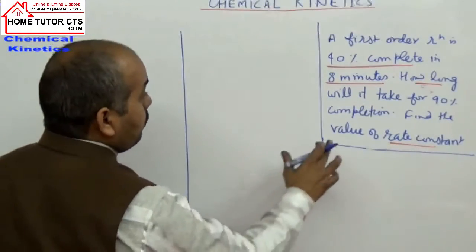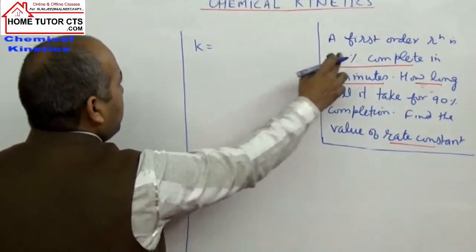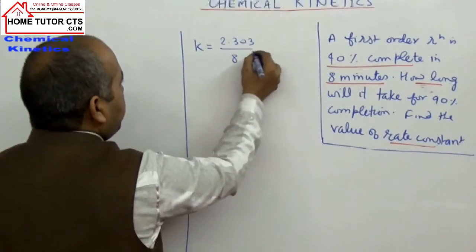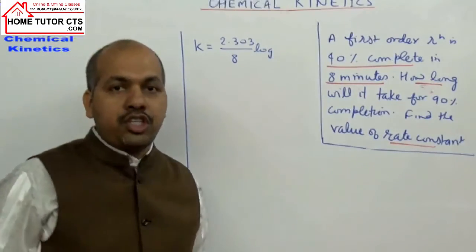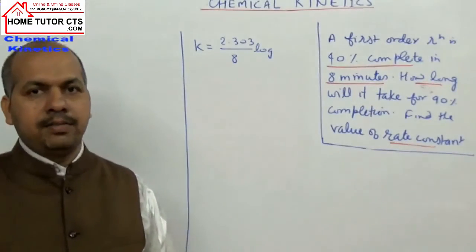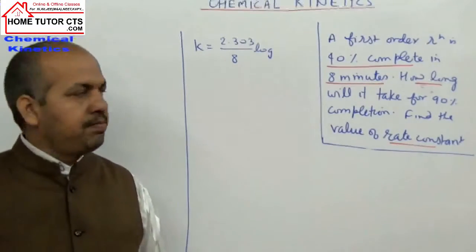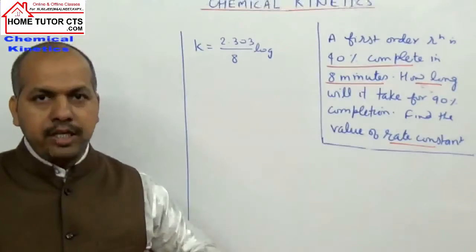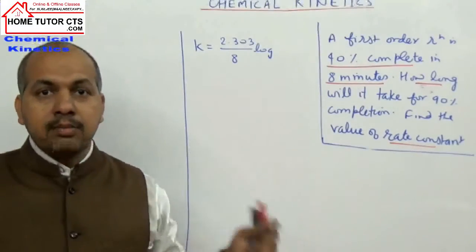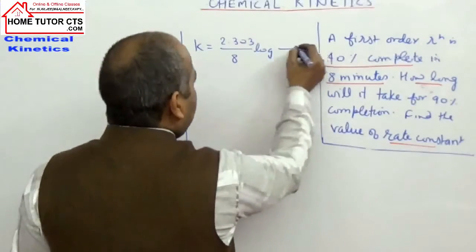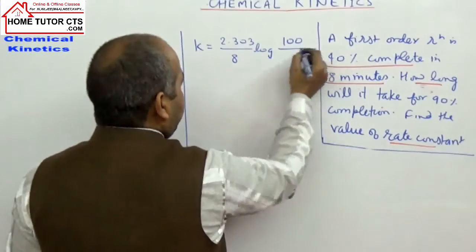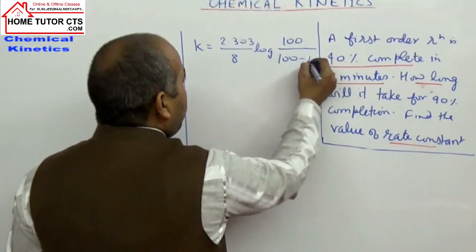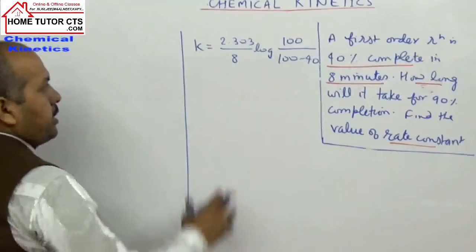Now let us first calculate the rate constant. So how much will K come to? First 2.303, time given is 8 minutes, log. See, in this kind of question, whenever the concentration of the reactant is not given and only a percentage is given, in such cases you can initially take the reactant as 100 moles per liter, or the concentration can be taken as 100 units. How much amount is complete? 40%. So the amount remaining will be 60%. That's the first part.